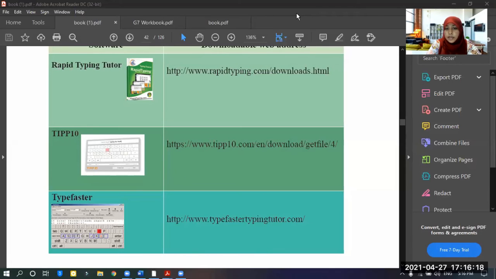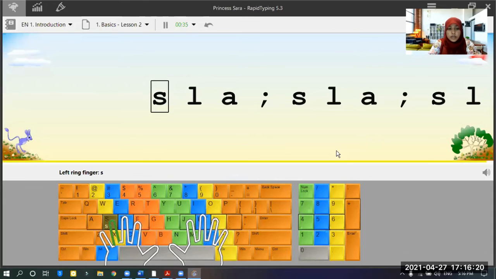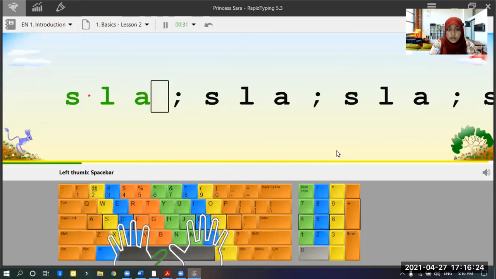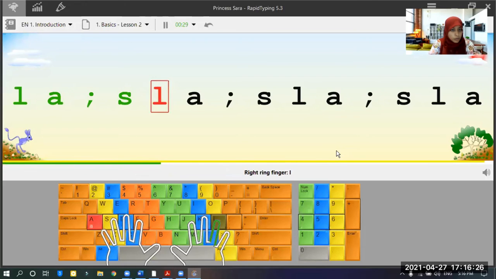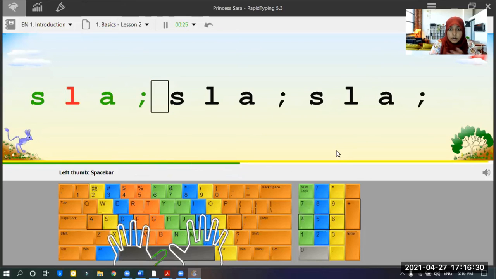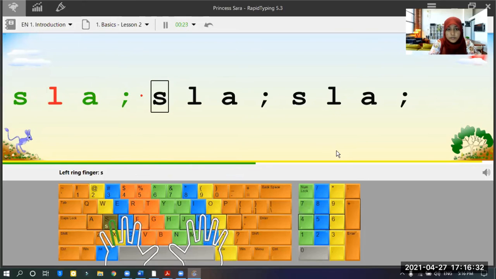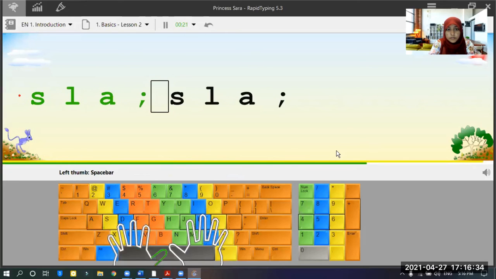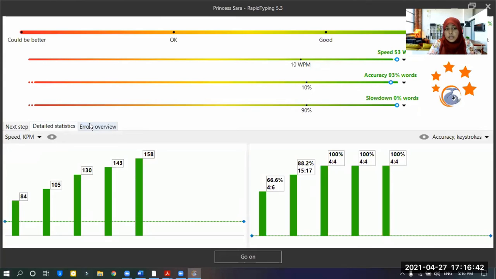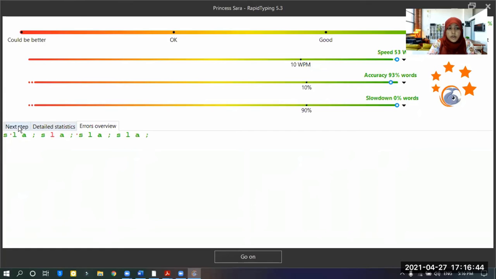So this is the rapid typing software. Here you can use the letters like, okay, see. If it is wrong, it will be shown for you in red color. Likewise, you should practice the letters. So that is rapid typing. Okay, right.